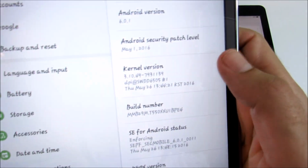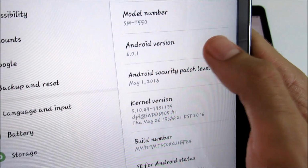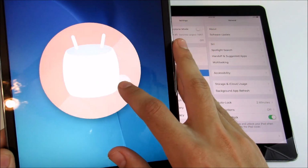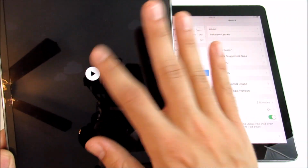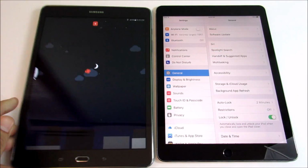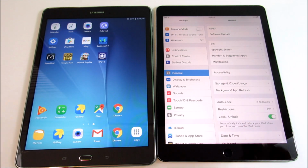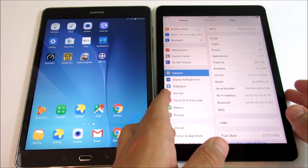and you're going to find that we are running ourselves Android 6.0.1 Marshmallow. I've mentioned this in previous videos. Samsung has not gotten Nougat yet for their lineup. And right now we're just on some tasty marshmallows. So we got Marshmallow over there. Yes, I said Marshmallow. Over here we got iOS